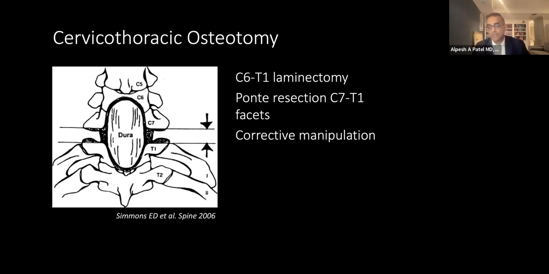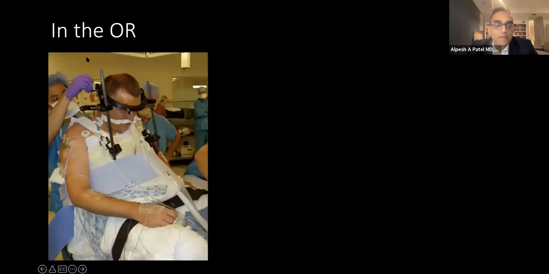So this is for ankylosing spondylitis. And we're essentially releasing the facets in the back and then breaking the neck. And then hoping that that fracture of the neck we can control and stabilize in the OR safely. So in the OR,